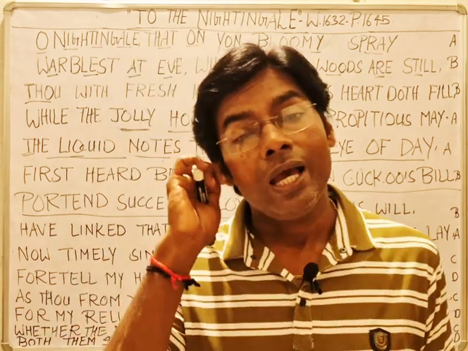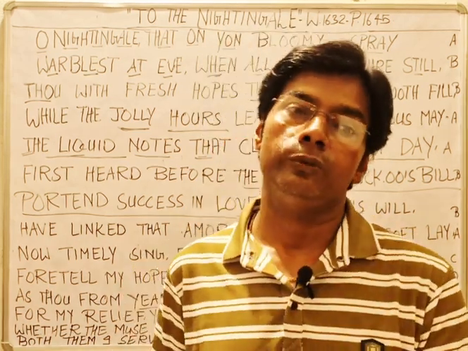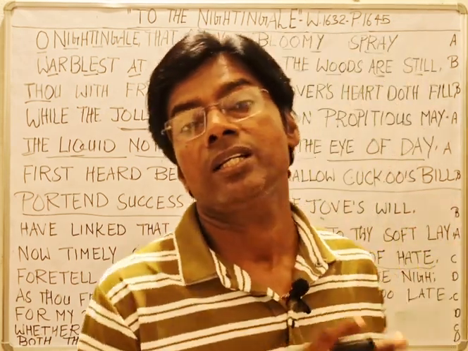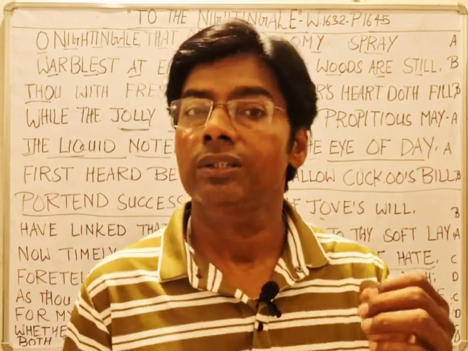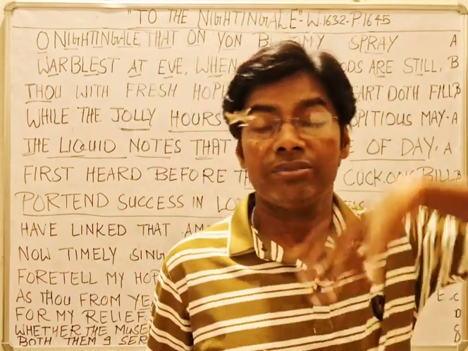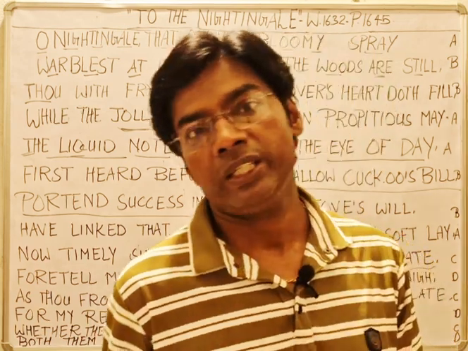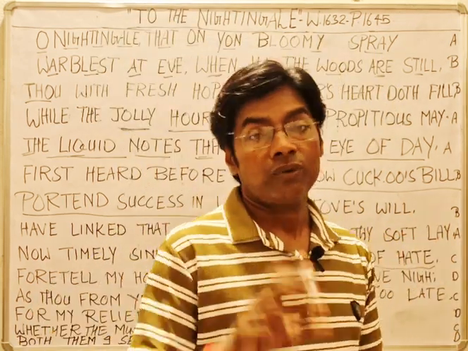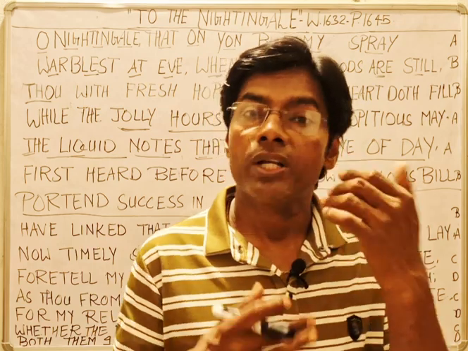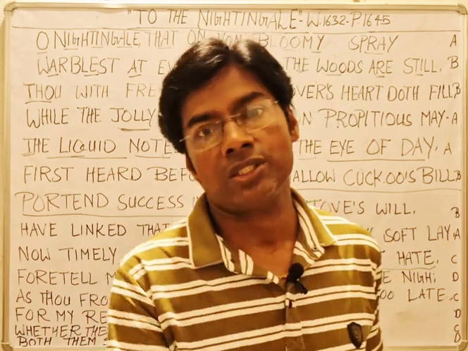Now let's look at the structure and the division of this sonnet, whether it is divided into two parts. If it is divided into two parts, octave and sestet, with the same rhyme scheme of the Italian sonnet, then it is an Italian or Petrarchan sonnet so far as the model is concerned. And if we find three quatrains and a couplet, then it is modeled on the English or Shakespearean one. Let's find it out. But before this, one very important thing I would like to tell you: whether it is an Italian, that is Petrarchan sonnet, or English, that is Shakespearean sonnet, if a poem is a sonnet, it means